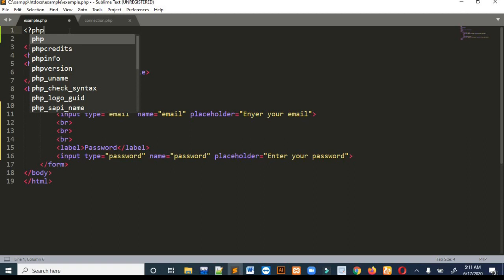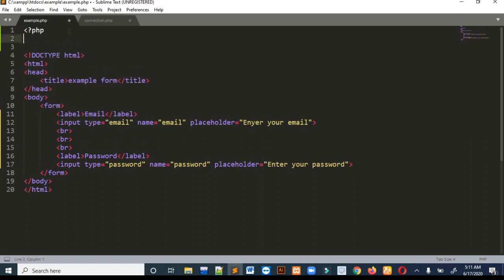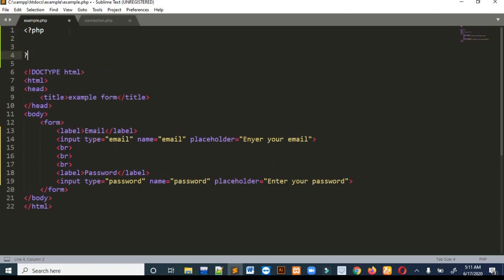This is the starting tag, and for ending you write again a question mark and then this bracket. Everything you want to write in PHP, you have to write between these two things. This is the starting and this is the ending.